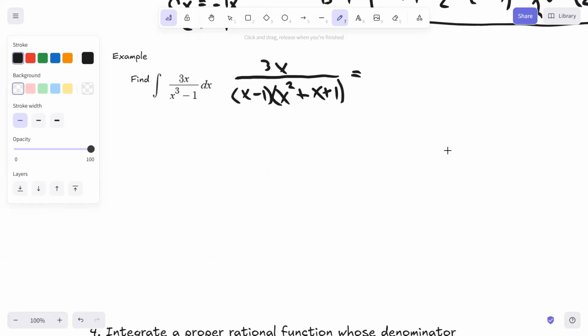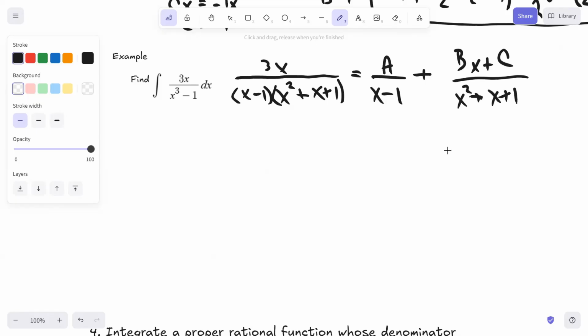Now, here we have a linear factor and a quadratic factor. So we'll have A over x minus 1 plus Bx plus C over x squared plus x plus 1. Also, the x squared plus x plus 1 is irreducible because its discriminant would be less than 0. So clearing the fractions, you would have 3x equals A times x squared plus x plus 1 plus Bx plus C